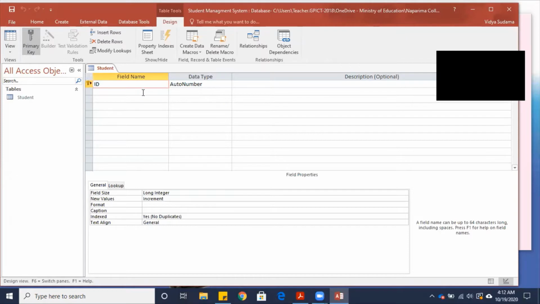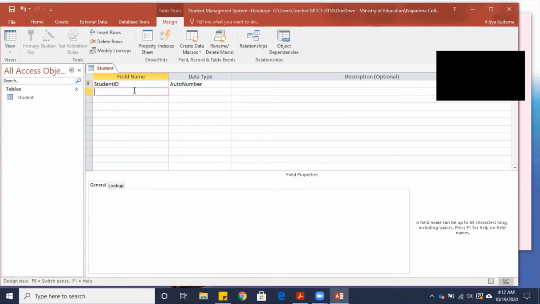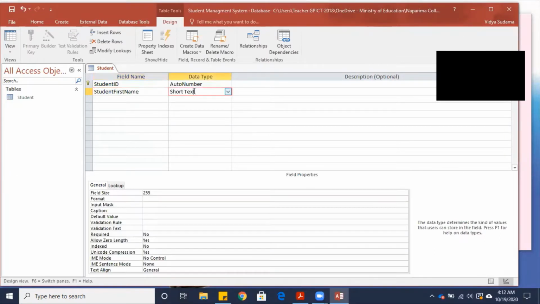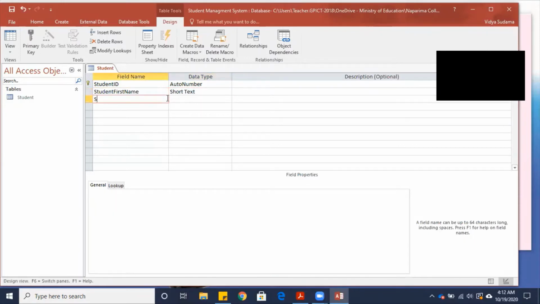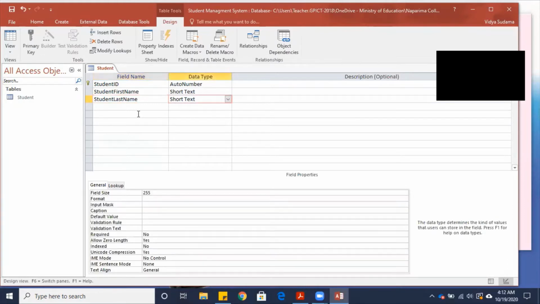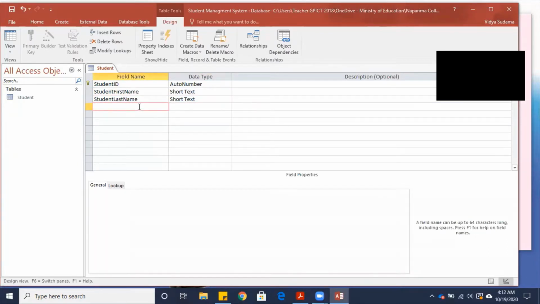So I'm going to start with student ID. I will leave it as auto number. Then I will enter student first name, and I will set this as short text. I will then enter student last name. I'll leave it as short text. Then I will enter